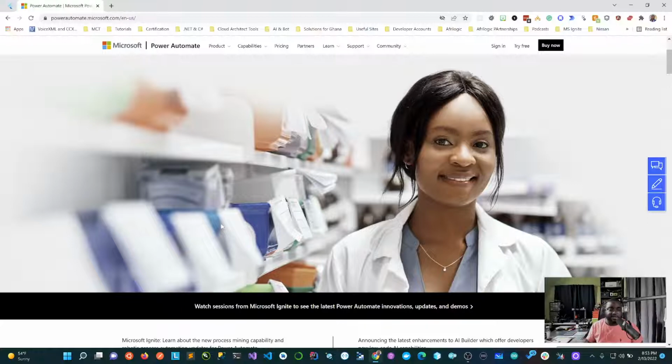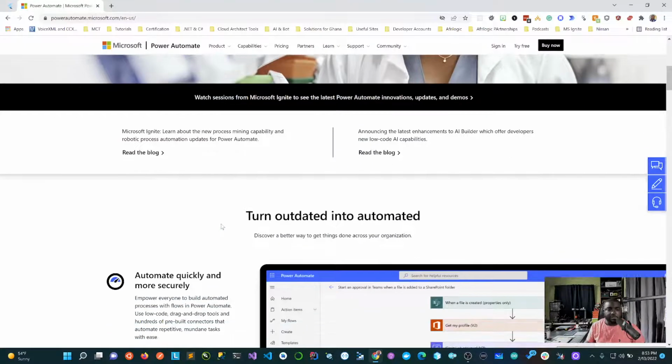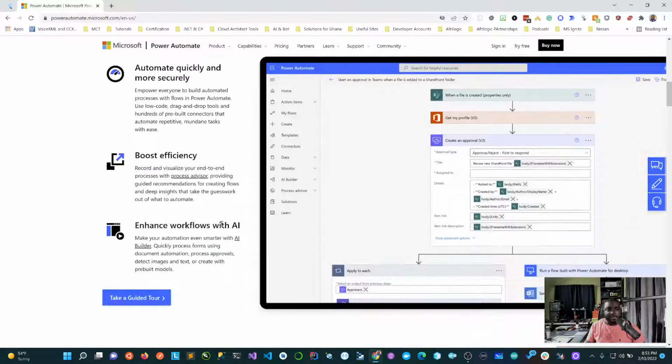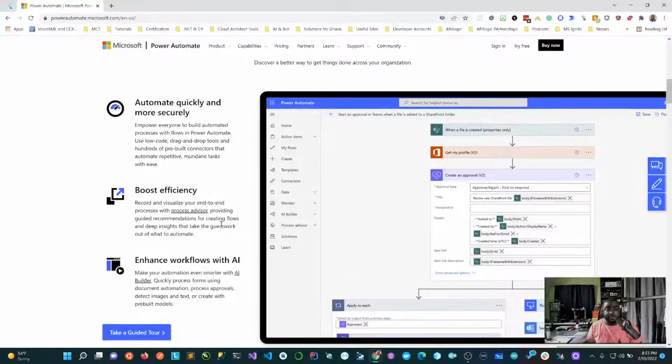Every day you have to scan an invoice, OCR it, read some values from it, do something. Those repetitive tasks, Power Automate allows you to automate them so that you can focus on more important things. Not that what you're doing is not important, but that's what it does. It allows you to automate quickly and more securely in an environment provided for you by Microsoft.